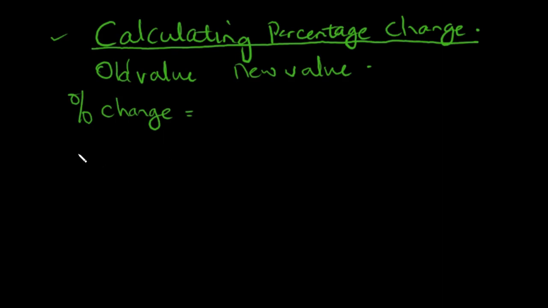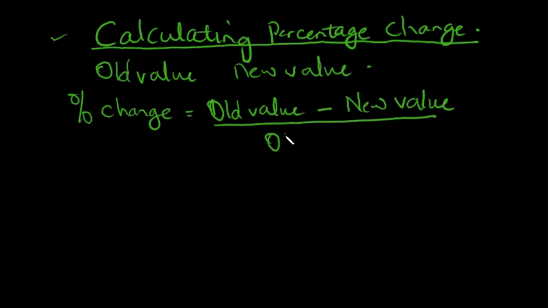Basically, the steps you follow are the same as calculating a percentage change or increase. You calculate old value minus new value, all over the old value, multiplied by 100 over 1. If you are using this formula,